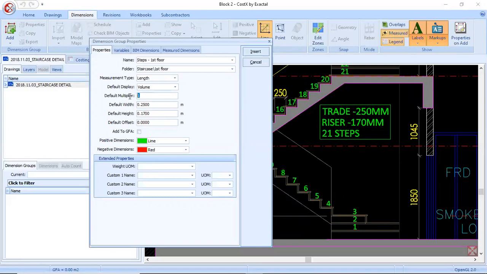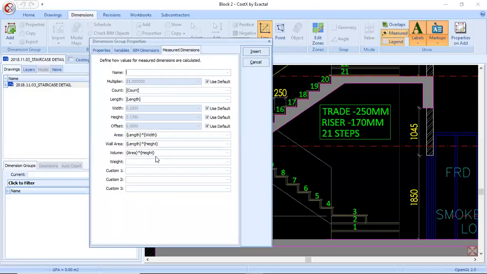Default multiplier as 21 numbers. I have 21 steps which has been given in the drawing directly. If not, you can also enter by dividing the total length of your entire staircase by the tread length to get the number of steps. I'll go to measure dimensions.